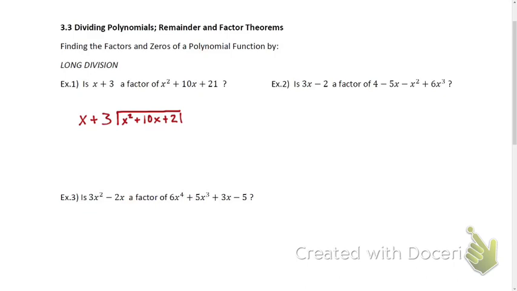Off on the side, you could maybe write x times something needs to equal x squared. And that's what I'm looking at. I'm not even looking at the 3 on this first step. So I know that x times x gives me x squared. So up here, I want to write an x. Then I distribute the x to both of these. But that 3 had no bearing on why I wrote x. So I distribute,